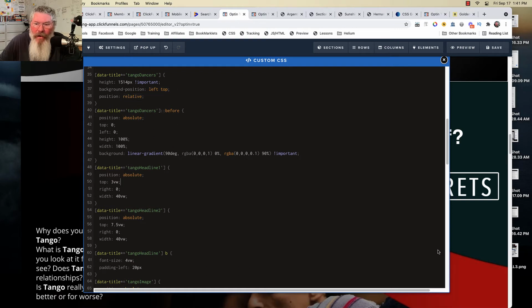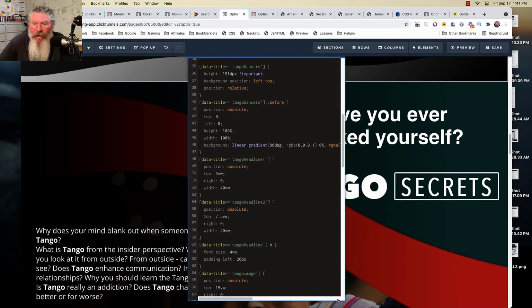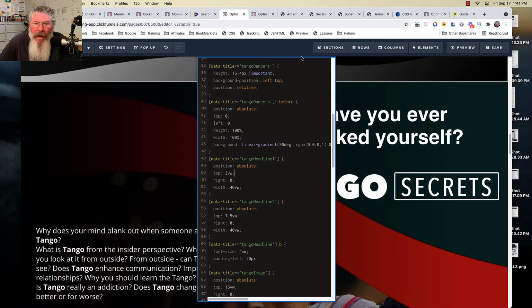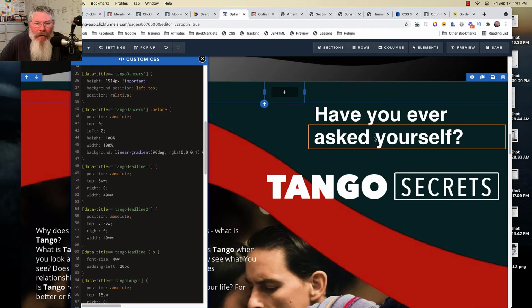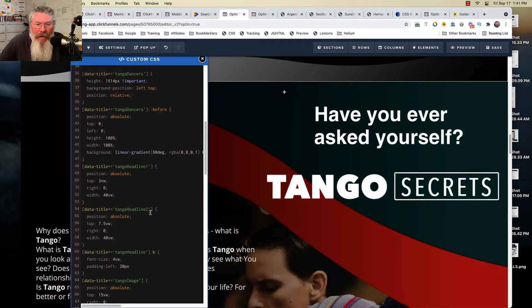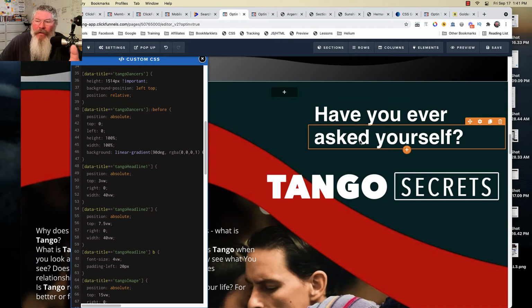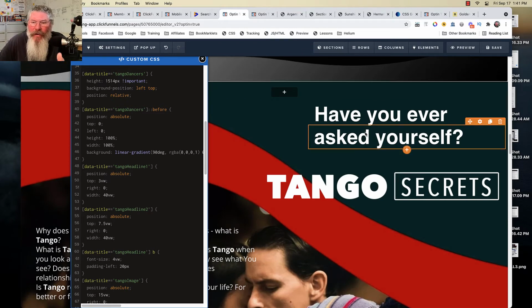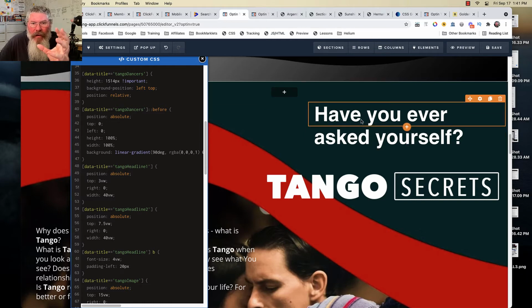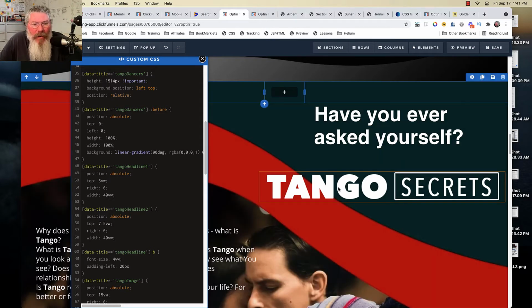So now Tango headline, what that's referring to is what we have right over here. There are two of them. We have Tango headline 1 and Tango headline 2. I tried to make it as one element, and it just didn't work out. I tried a carriage return and stuff, but I couldn't fix the line height issue. As the text got smaller, the line height actually got bigger, and that didn't work,